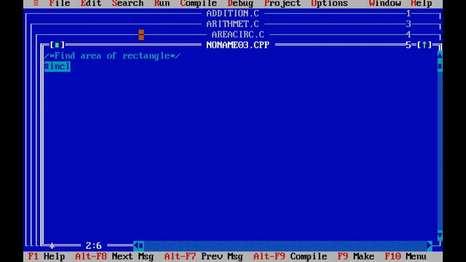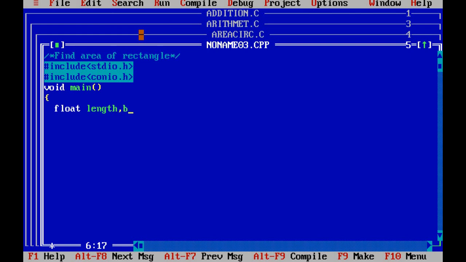So first type #include stdio.h, then next #include conio.h, then just type void main, opening bracket, then give the variable float length, comma breadth, because all these are available in fractional numbers, right?